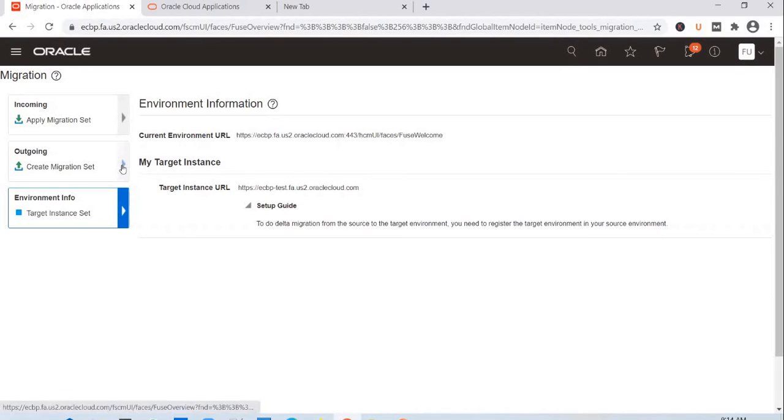And once you do this, you go to create migration set, again in the source instance, the dev instance. How do you create a migration set?